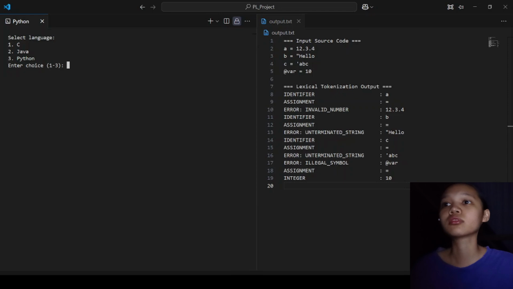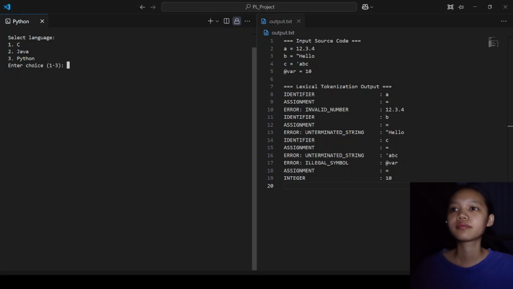Let's choose Java, which is choice number 2, and then for input mode, file.